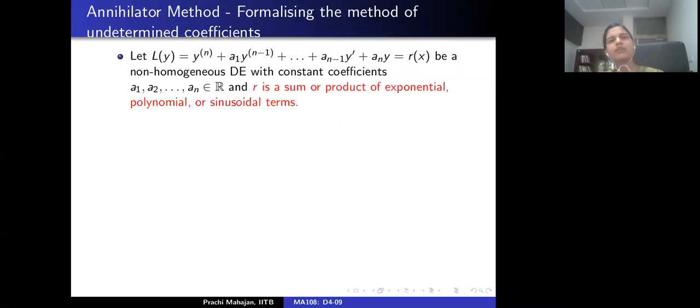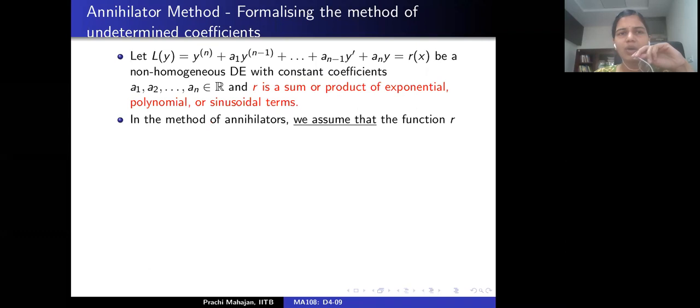Okay, so what we are going to discuss now is a more systematic approach to the method of undetermined coefficients. This can also be applied to order 2 equations. Suppose that I have an nth order linear differential equation. Remember, the method of undetermined coefficients can be applied only if the associated homogeneous equation has constant coefficients and the forcing function R is an exponential, polynomial, sine, cosine, or sums and products of these. That's a restriction that the method of undetermined coefficients has.